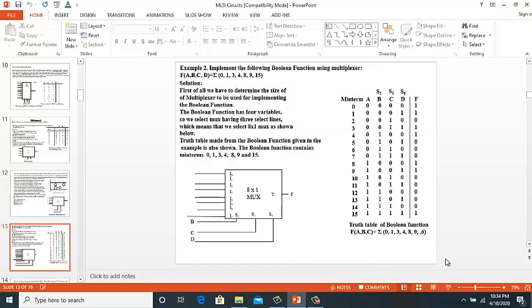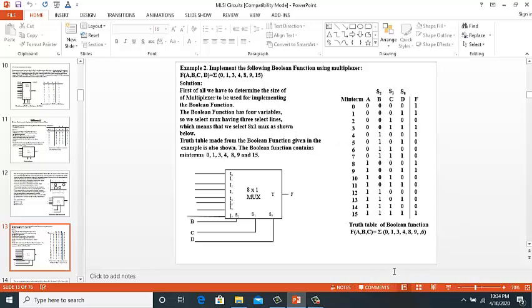Now we take another example, and in this case we have to implement the following Boolean function using a multiplexer. The Boolean function is shown over here, and this Boolean function has 4 variables. If we draw the truth table from where this Boolean function was taken, this is the truth table.